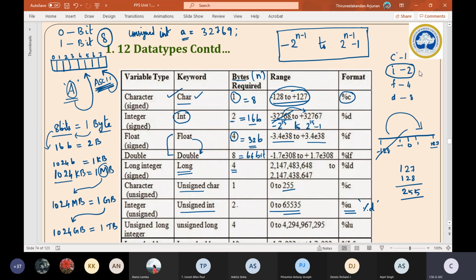That's all. The variations of signed and unsigned int, float, and double will come automatically. Then this formula. Is it clear? Go through this entire slide once again.